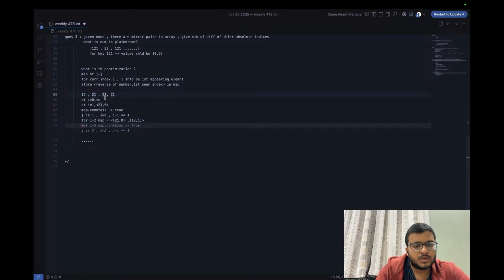Now we are at i equal to 2. The map is this, and 21 is already contained in the map. Now j is 0. Sorry, j is 1, not 0. No, j is 1, i is 0. Correct. This should be j. Sorry, my bad. This should be j. This also should be j. My bad. Now when we're at j equal to 2,